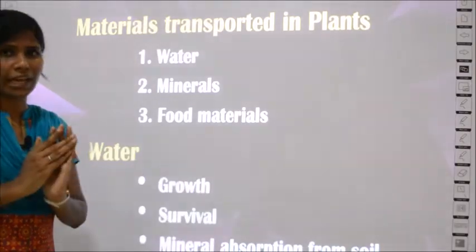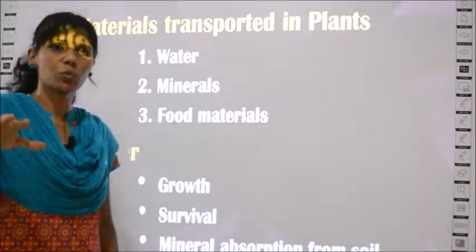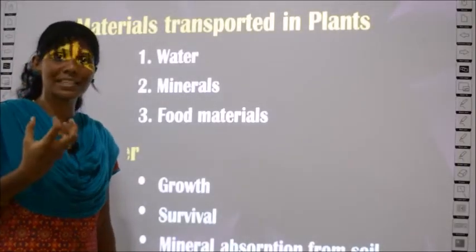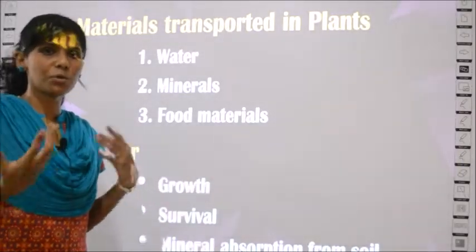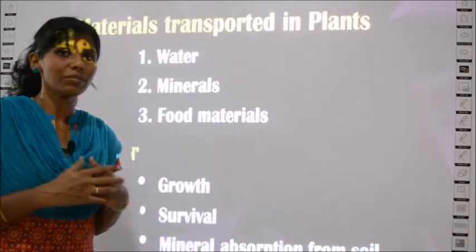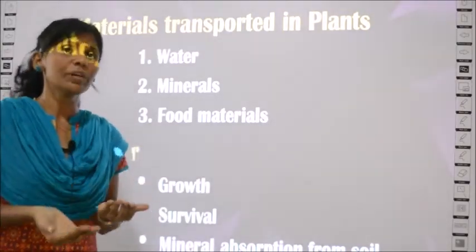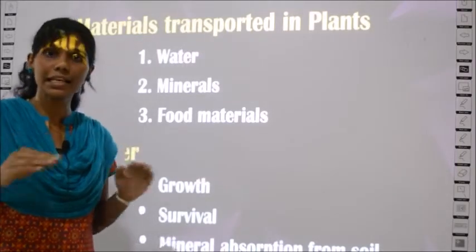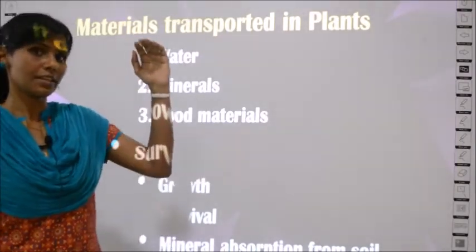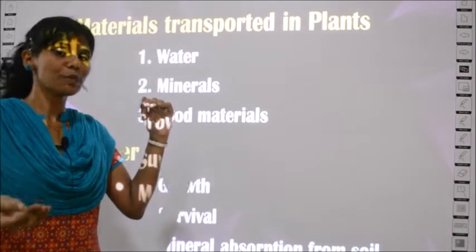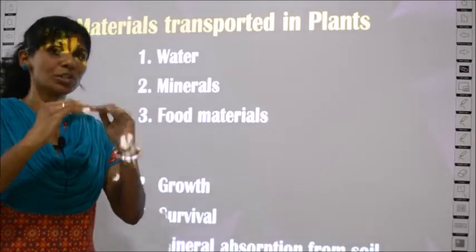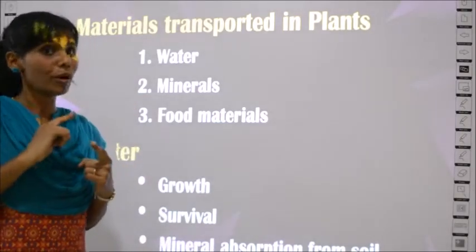Sometimes the plant is alive, but it will not grow if you don't water properly. For growth, there has to be cell division. Why do I talk about cell division here? When we talk about growth generally, what is actually happening is cell division. When the cell divides, the plant will increase in size. About this I will explain in the later part of the lesson. So for growth of the plant also there is need for water.